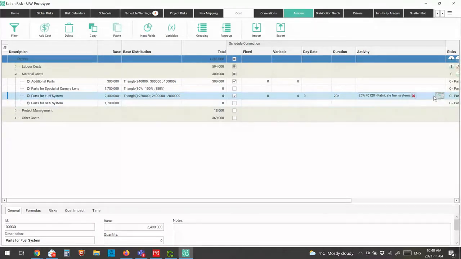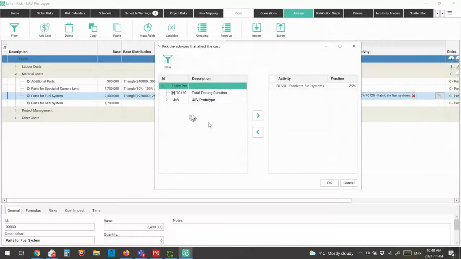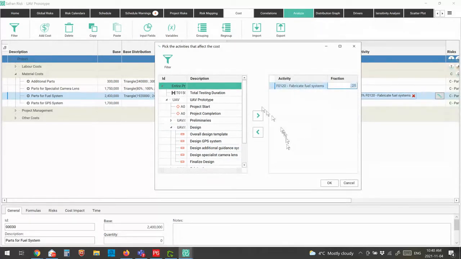So we go to our schedule link section, and you can see here that we can choose any particular schedule activity. Then we can say what percentage of that cost line item relates to that particular activity. So you can choose as many activities as you want, as long as the percentage is less than or equal to 100%,